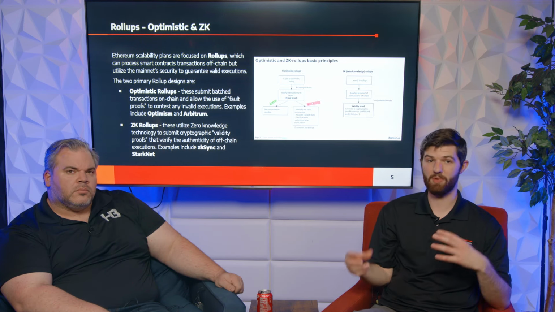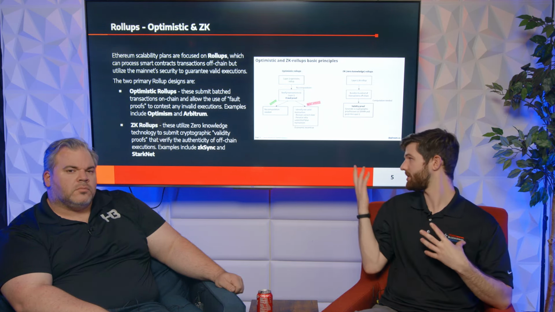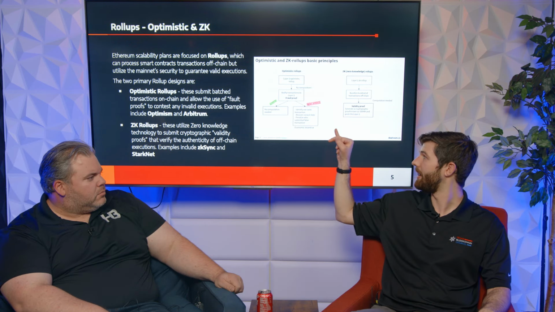In the case of optimistic rollups, which are the most common rollups we're seeing today, they do this by batching those transactions and then allowing anyone to submit a fraud proof, which again is similar to a payment channel. Someone points to a transaction that was rolled up and says, you executed that wrong. They can submit a fraud proof and have it be rerun on the main chain to see if it comes to the same result. If yes, then it was done fine and there's no problem here. If no, then we will make sure that we revert that and the right execution will occur.